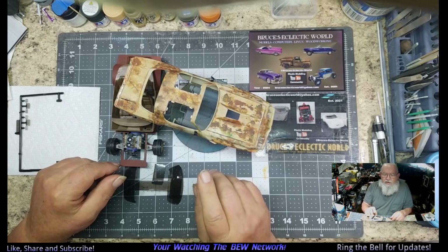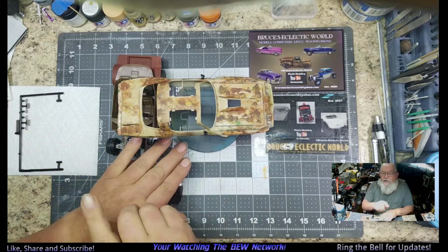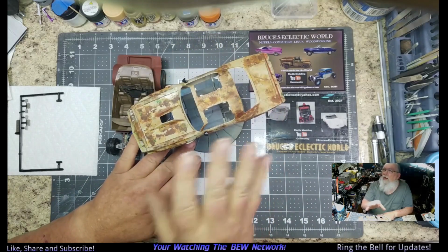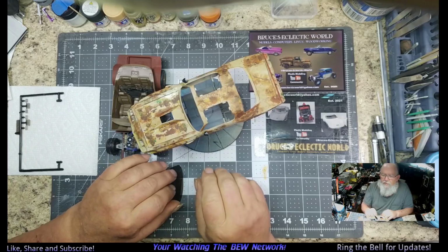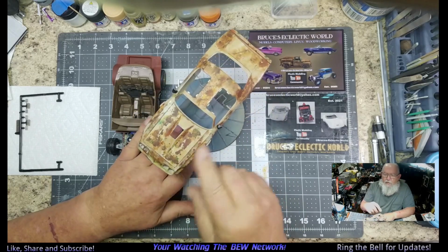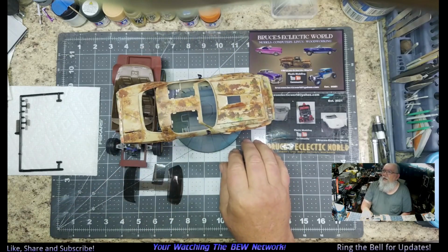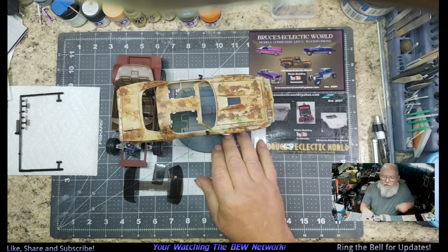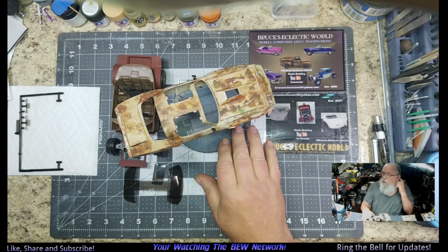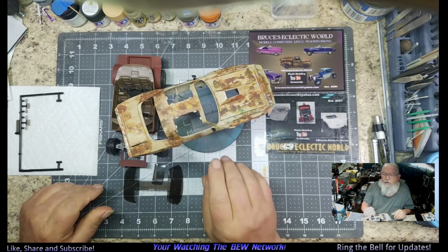He said what he does is he takes a light coat of clear after he does the patina process and sprays the car, or whatever the subject matter is. And then he does his rusting because that protects all the rest of the layers. And I see the point in that. And that's exactly what I did. So when I get done making this video, I'm going to take...